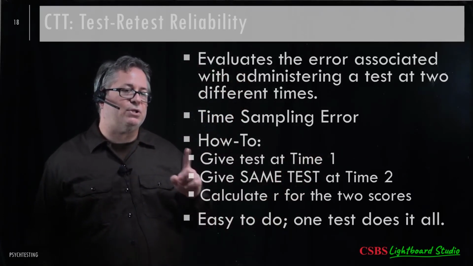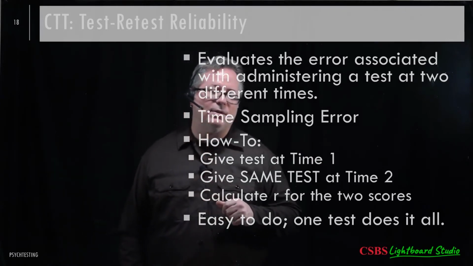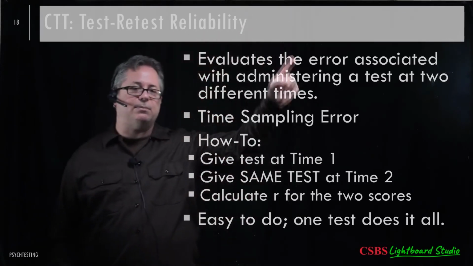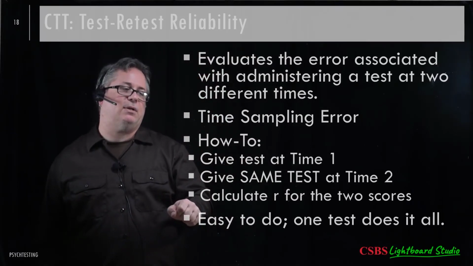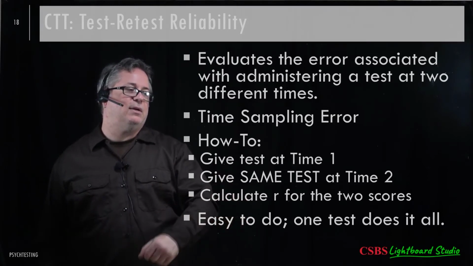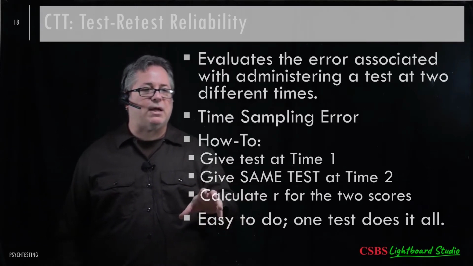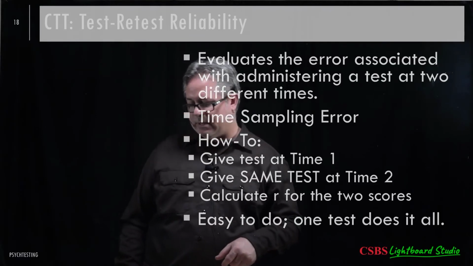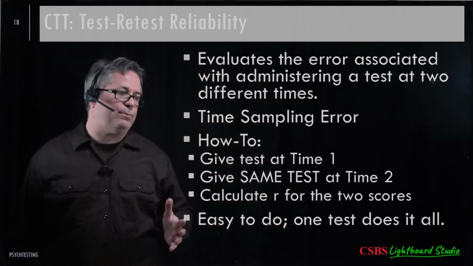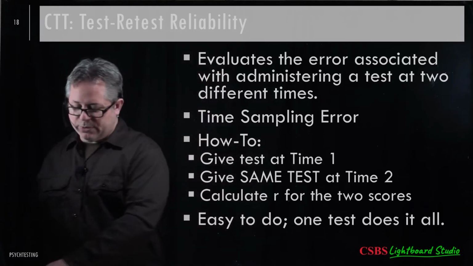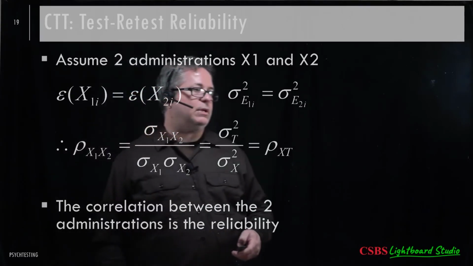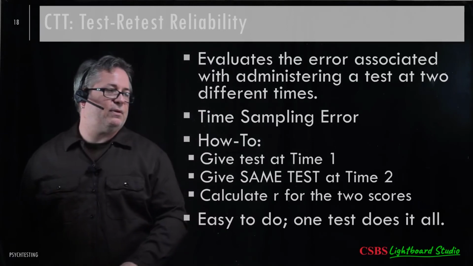One test does it all. You just need one version of your test. So you've got this huge domain of items. You pull one sample of those out, theoretically. You give it once, you give it twice, you correlate it, and the higher the correlation is, the more reliable that test is. Pretty simple. There's a couple of issues. I mean, it makes it sound super simple, and it is, except